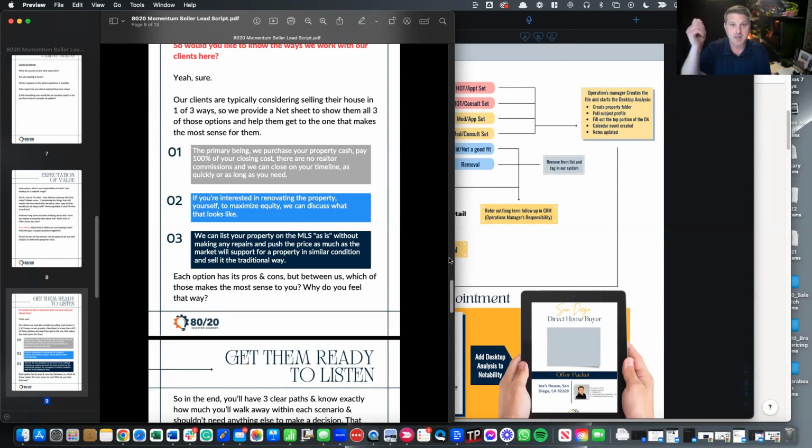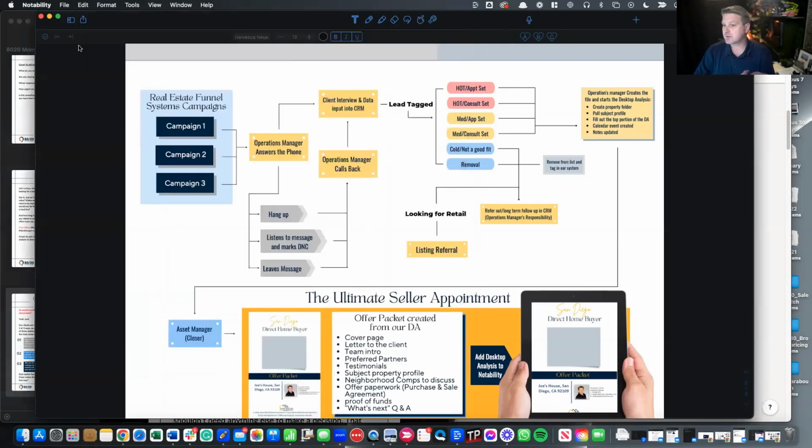And I do it with a pen on my iPad, physically with them, over a net sheet. So it's like a physical thing that we do. Now we're just comparing whether they should list it or take my cash offer. But the beauty is that the downside of getting to this stage,